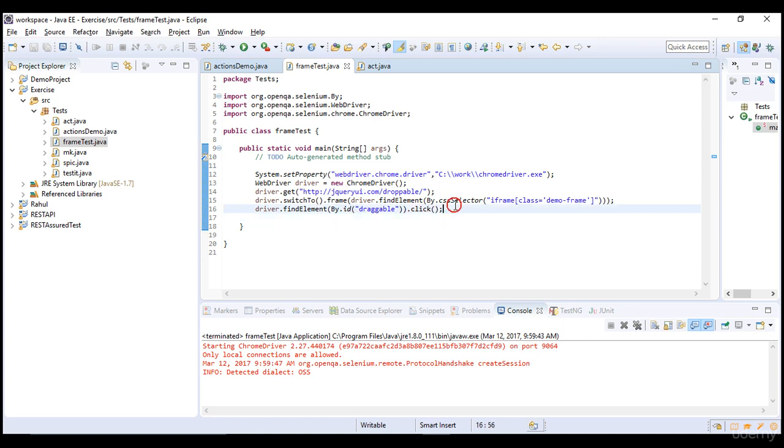Okay, so let's go back again with the actions class, create an action. Actions a equals new Actions driver.